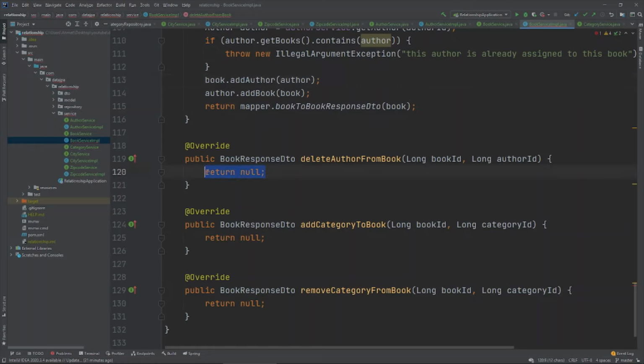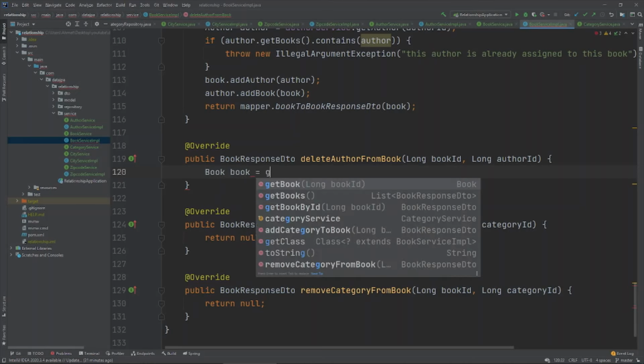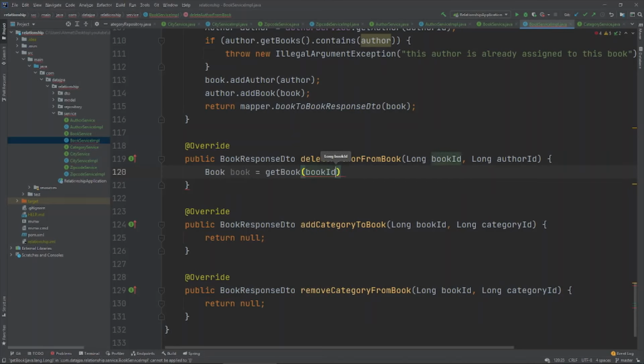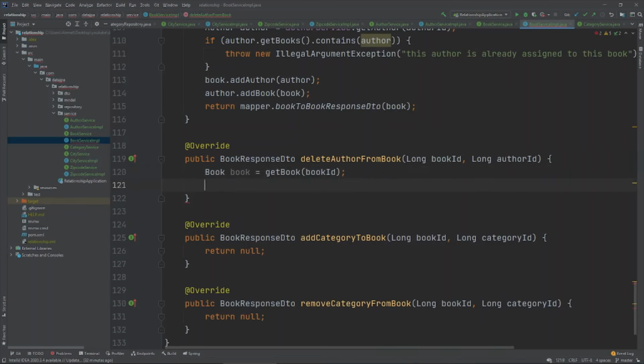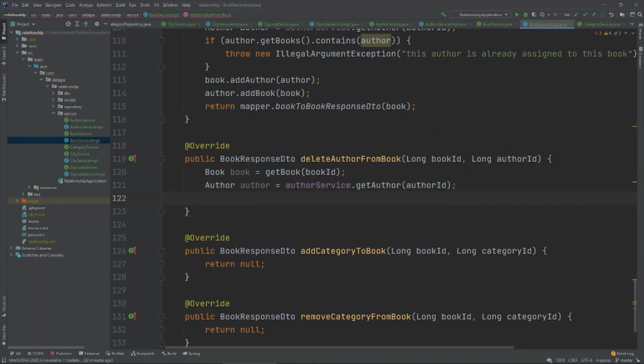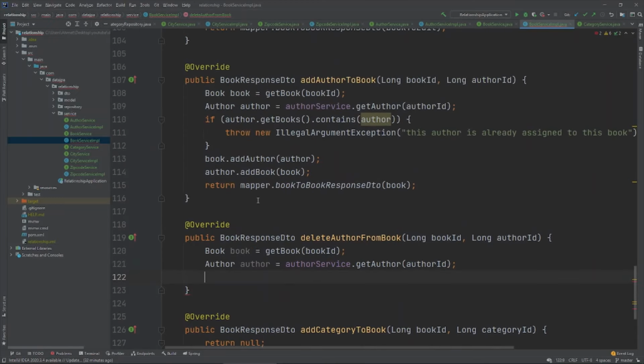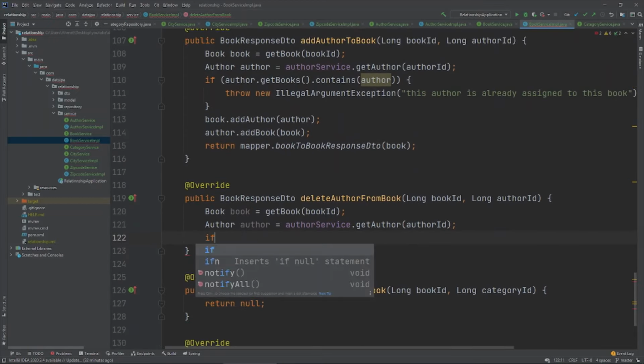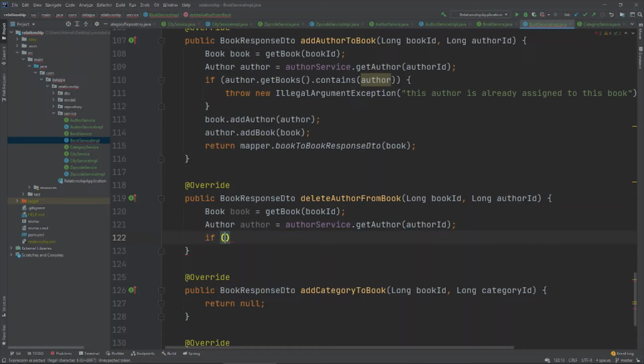Now we need to delete the author from the book. So first, we need to get the book ID from the book. So book, get books with book ID. We also need to get the author, so author service, get author with author ID. Now we have to do the opposite of here. So if exclamation mark, parentheses, author get books